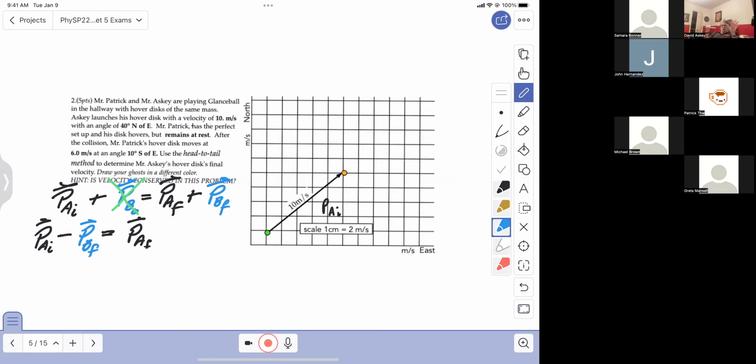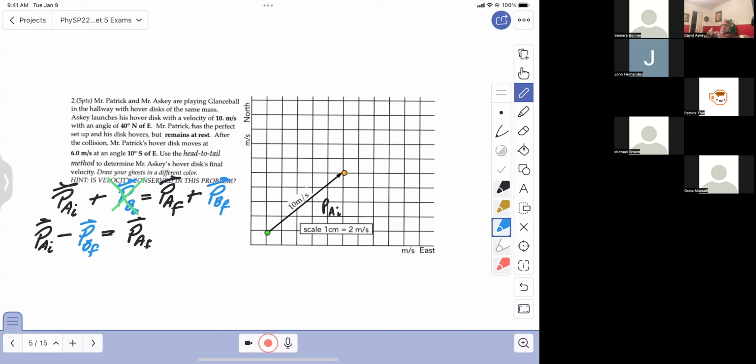So it's just conservation of momentum. It's an elastic collision, but we catch a break. We catch a couple of breaks. One, all the masses are the same, so I can get rid of mass. So in those cases, it is conservation of velocity. The other thing is that one of the objects is not moving to begin with. So object B, which would be Mr. Patrick's